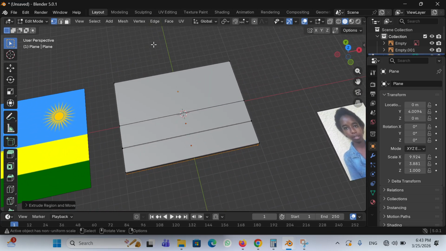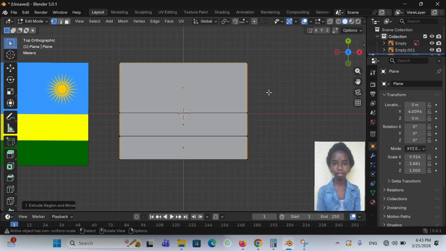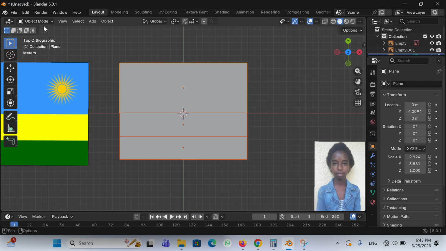Look at how our flag is starting to become. Then we are going to go back in object mode, and after